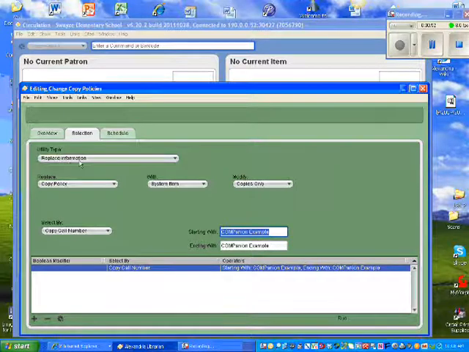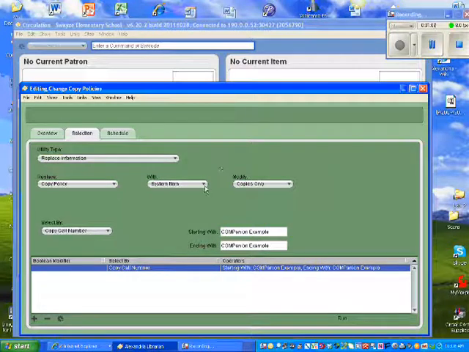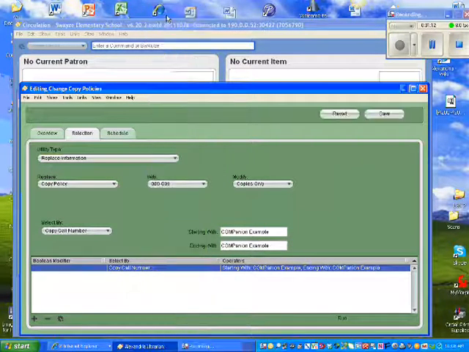For utility type, I'm going to choose Replace Information. By replace, I'm going to tell them I'm going to replace the copy policy. Then it says with, and I'm going to choose the first policy that I want to rename. So I'm going to choose 000 to 099. That is my new policy. I'm going to tell it to modify titles and copies, and then I want to select these books by my